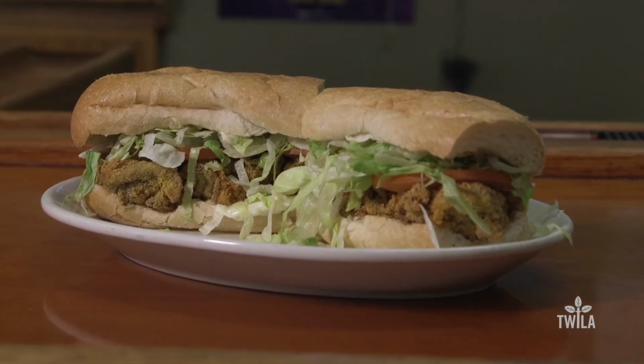You know, one of the things that I think has always differentiated us from everybody else is the authenticity of our product. You're not going to get a product like this anywhere else in Baton Rouge or for the state for that matter. Like I said before, in order to make a great New Orleans po' boy, you got to be from New Orleans. I'm from there, and this is the end result, a fantastic New Orleans oyster po' boy